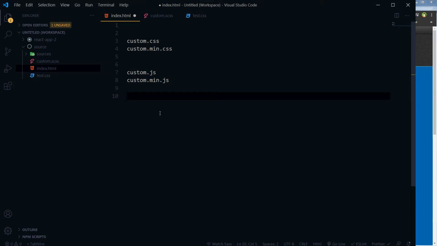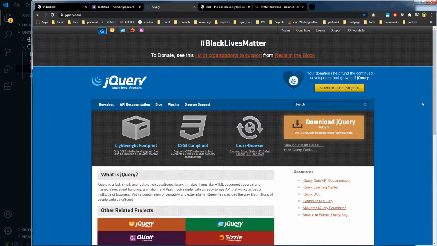Every regular small scale website needs jQuery. jQuery is a JavaScript library. You can download its regular version or minified version. You don't change jQuery or such libraries ever. You just place it in your project and use it. For such packages, we use their minified version. Now there are other packages and plugins on top of jQuery, and jQuery is needed as a dependency to run such plugins. So this is jQuery, and you can just click on this download jQuery link,